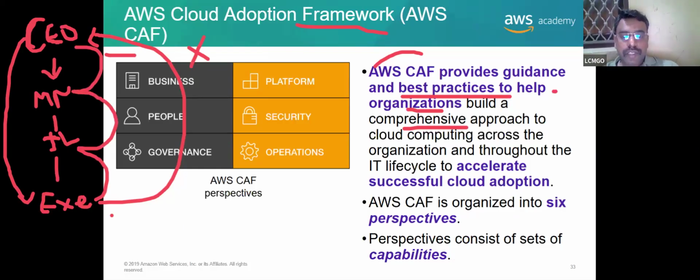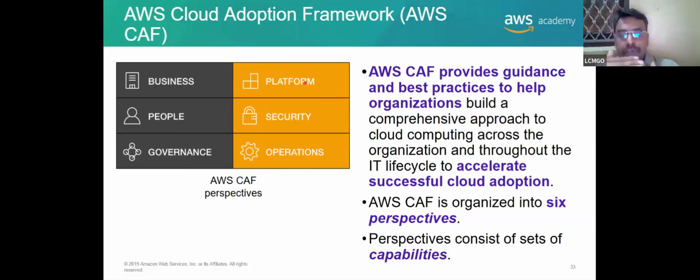Now the same thing, comprehensive means what? Proper order. Okay. What a company should have, whom you should consider. All those process setups and everything will be there. Correct? If you're developing software or anything, you'll also put it right. Only the manager should have access, or only the TL will have access. That's called a comprehensive approach to cloud computing across the organization and through the IT lifecycle accelerations.